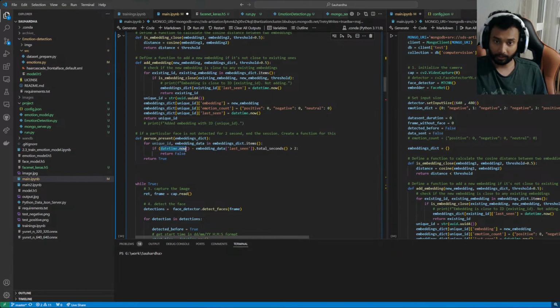Yeah, datetime now, and last seen is more than 2 seconds, and then we need to, if it's not there for 2 seconds, then we send the data to the dataset and then remove the